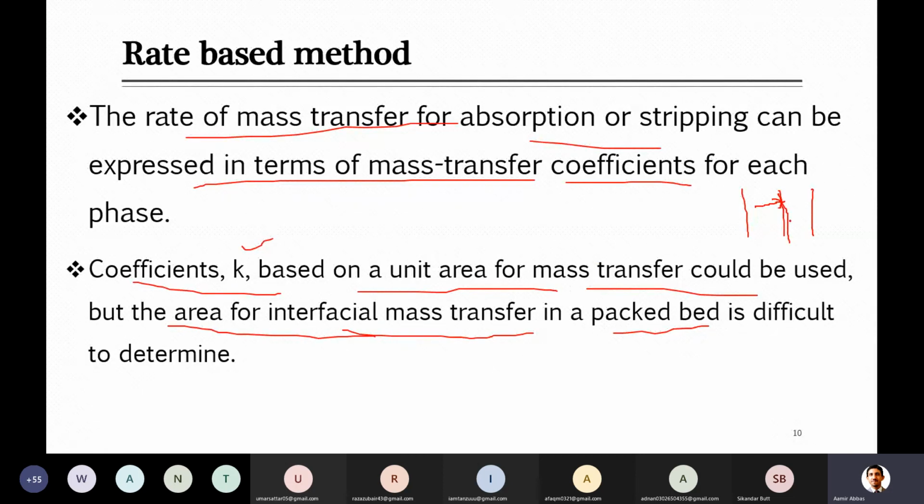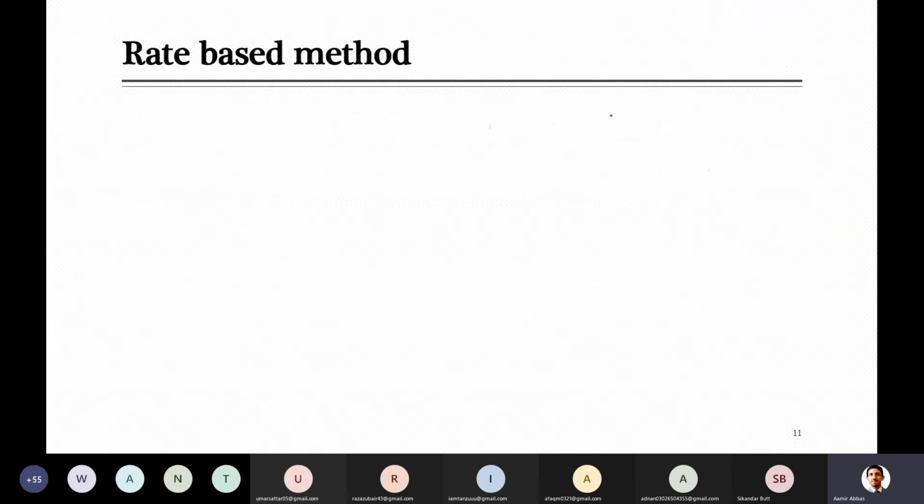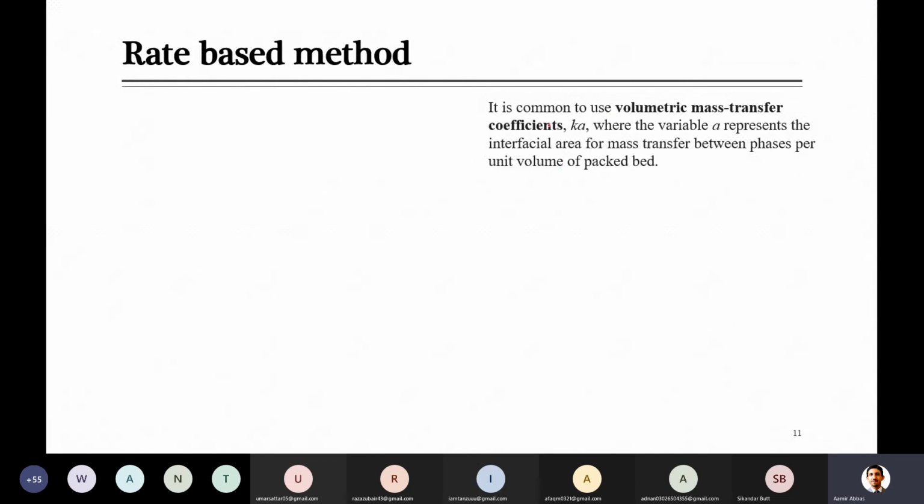If there is some other application where you can very easily get the interfacial area, that will be easy. But as we have drawn this diagram, that is for a simple flow of vapor and liquid, or gas and liquid. Inside the tower, the liquid flowing from the top will be coming in contact with the vapor everywhere, so everywhere there will be some interfacial area, and that is not easy to calculate. So due to this reason people have suggested some other